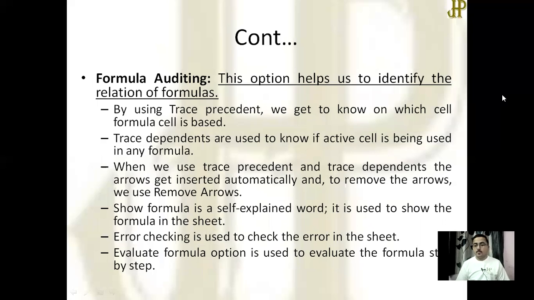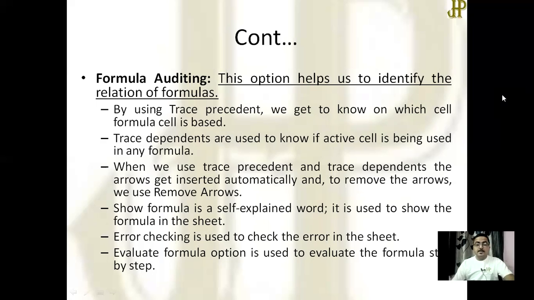Next one is formula auditing. This option helps us to identify the relations of formulas. By using trace precedents, we get to know on which cells a formula cell is based.